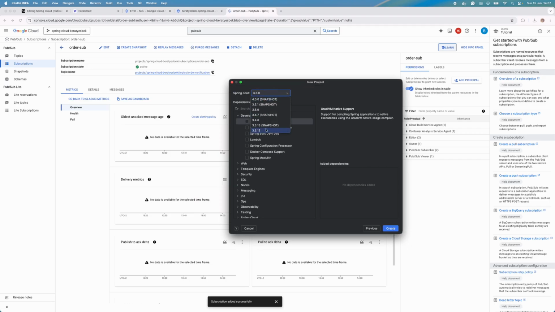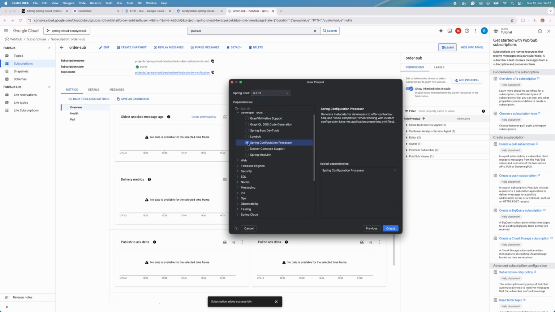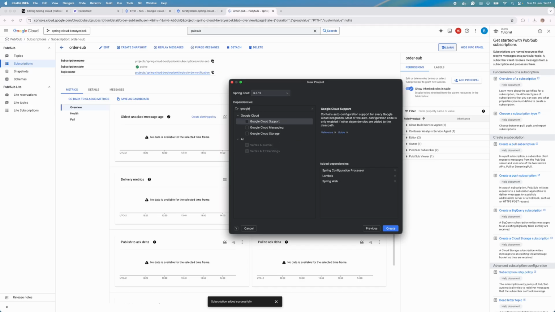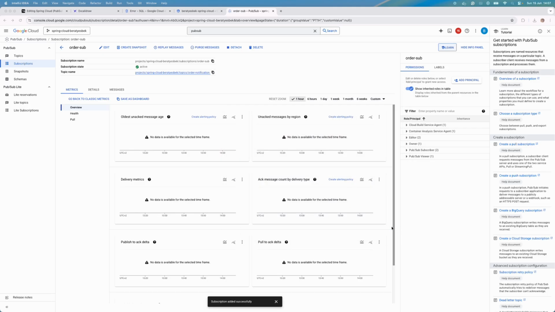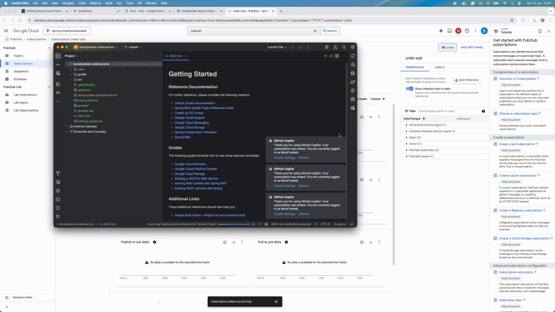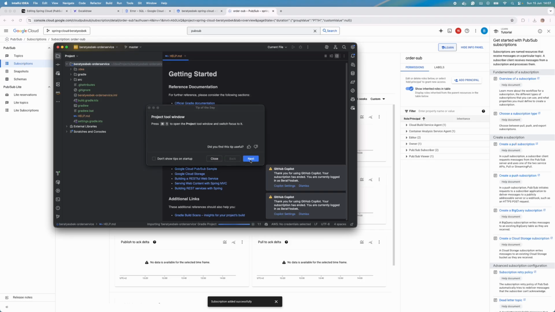I will choose this Spring Boot version. I'll choose the Spring configuration processor, Lombok, Spring Web, and I will search for Google Cloud. These are the dependencies that I want to use right now for my PubSub implementation. I will click the create button, and here it is. This is my Spring Boot application